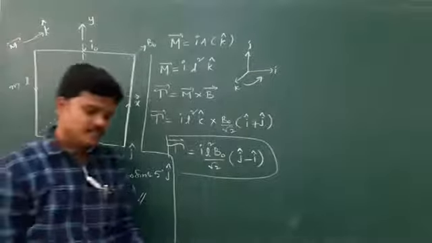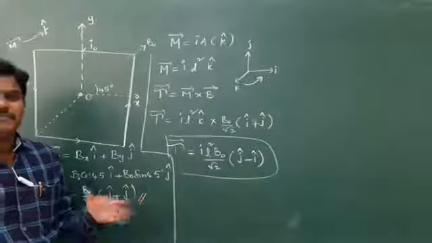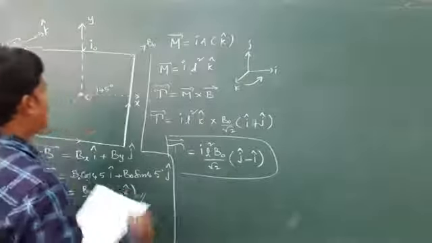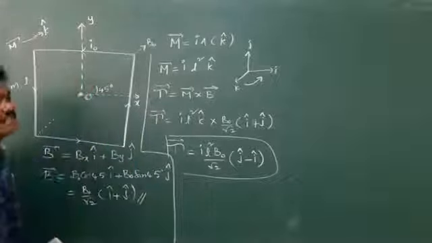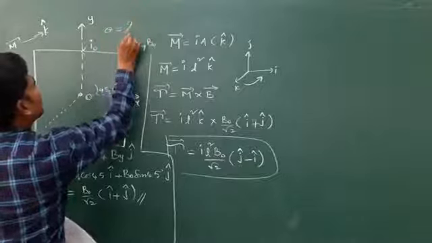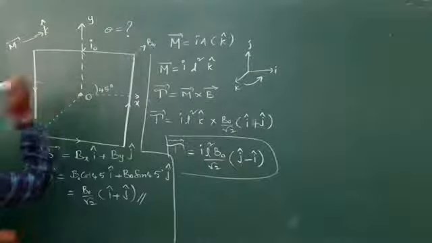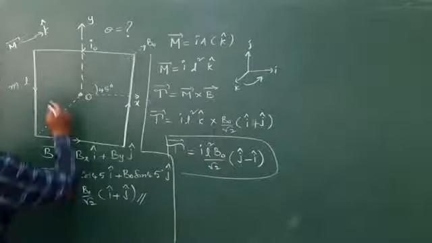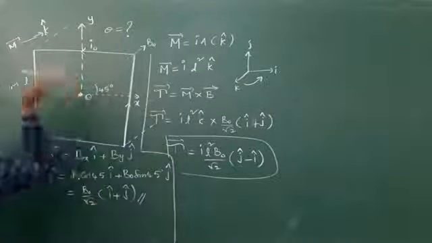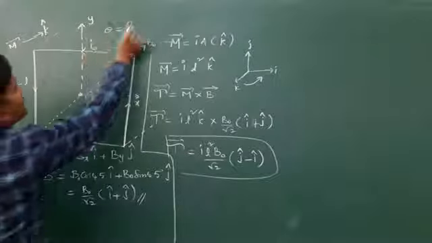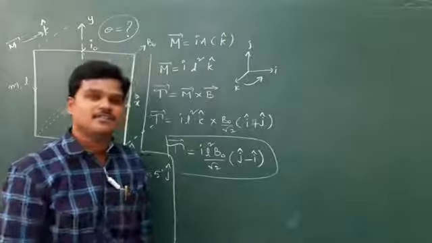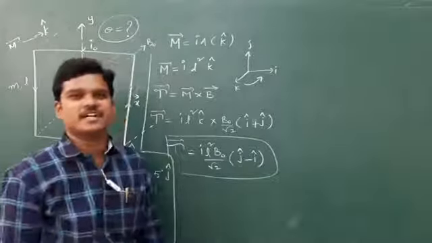Okay, and see, torque is clear, but they are asking in what direction, means at what angle this coil rotates. So they are asking the angle of rotation, nothing but theta. At what angle will this coil rotate? Okay, because the magnetic field is applied in this direction, due to this magnetic field this coil rotates. Means at what angle it is going to rotate. Our target is to find out theta. So theta is nothing but angular displacement indirectly.